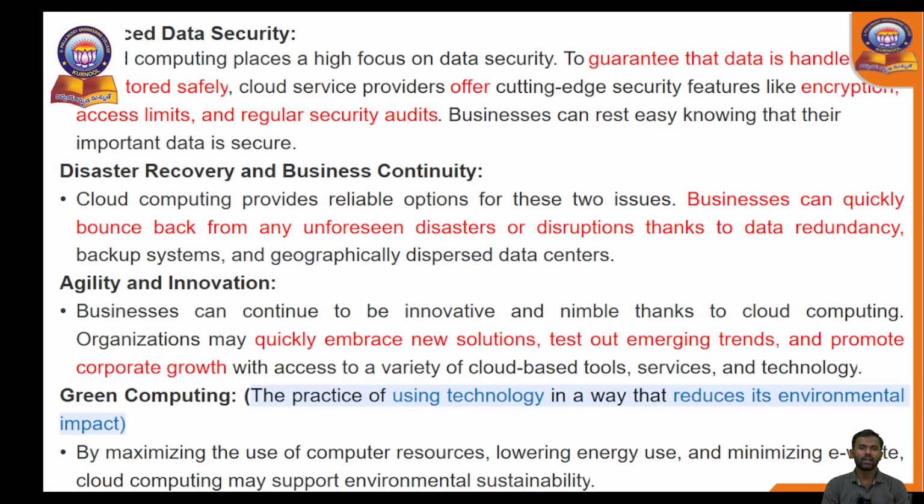Disaster recovery and business continuity. So businesses can quickly bounce back from any unforeseen disasters or disruption. This feature will be available when you are getting the data again from the backup. Suppose anything goes wrong with the data, that is, you assume you are losing your data due to the